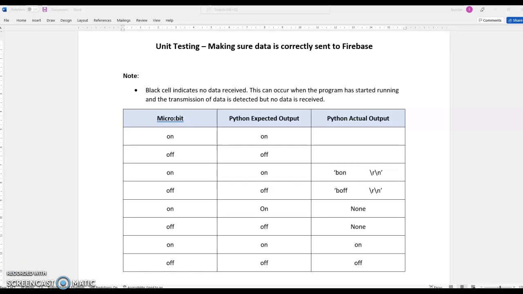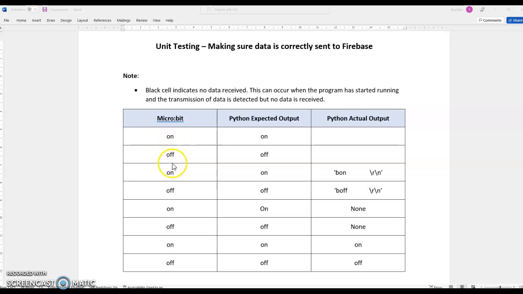So we're just after seeing or correcting many errors there. And one of the things you can do for your project is carry out unit tests and system tests to make sure that your data is correct. So I've just done out a little table here, and I suppose on my microbit, these are the kind of